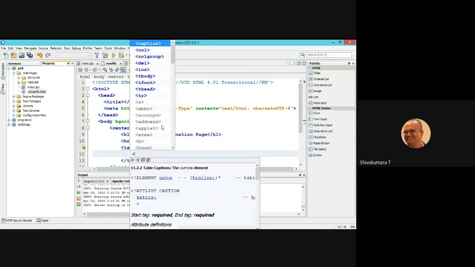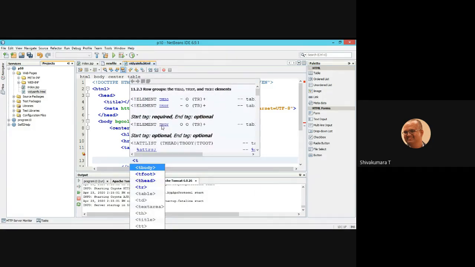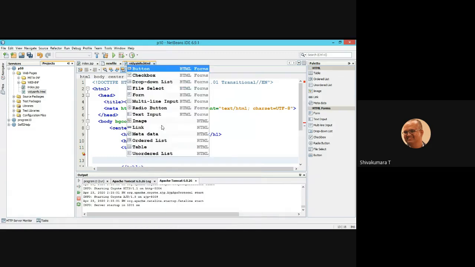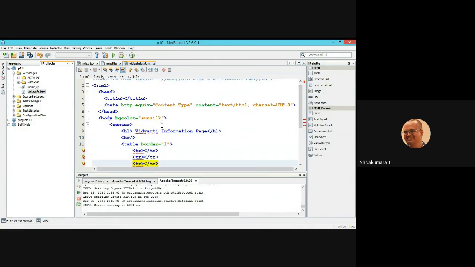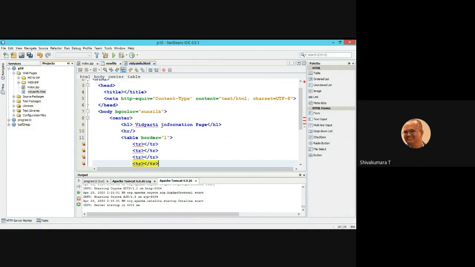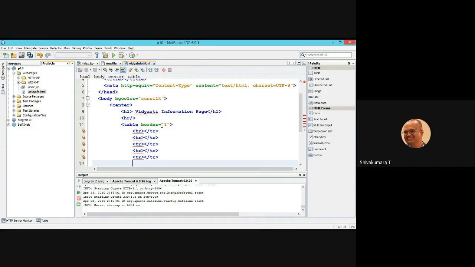Every table has table rows. We need one row with 2 columns. So how many rows are required in total? One for the heading row, second for the name row, then the USN row, phone row, email row, and semester row.